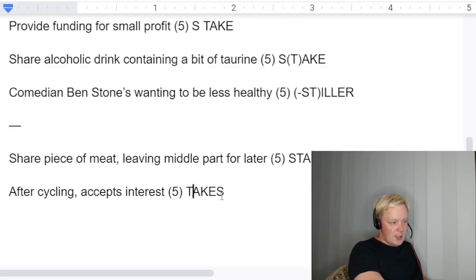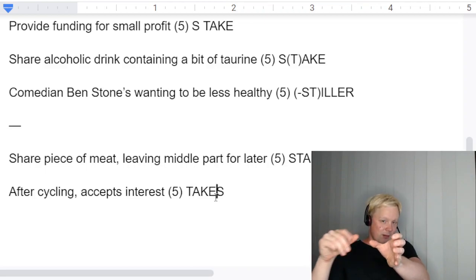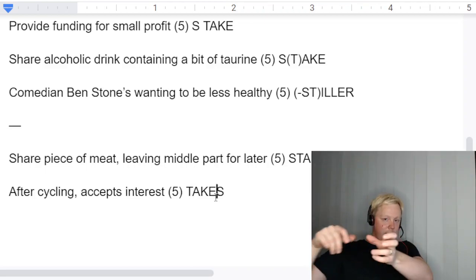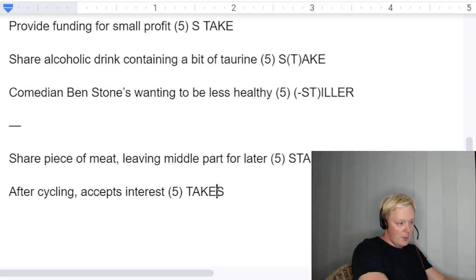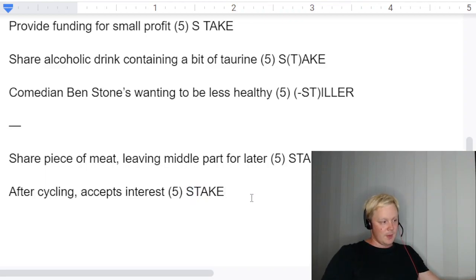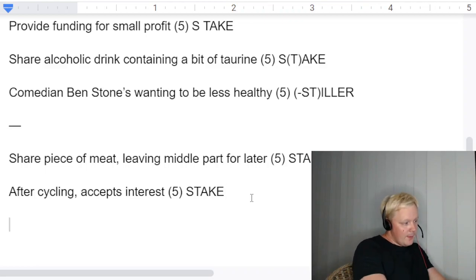And you cycle this. So cycling just means taking letters from one end of the word to the other. So here we take the S and we move it all the way to the front, and we get steak. And this is only really clued by the word cycling or cycled. I don't think I've ever seen it indicated by anything else. Then one more thing you can sometimes see is